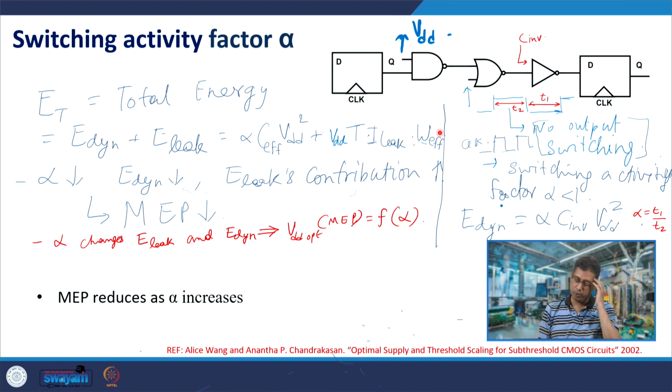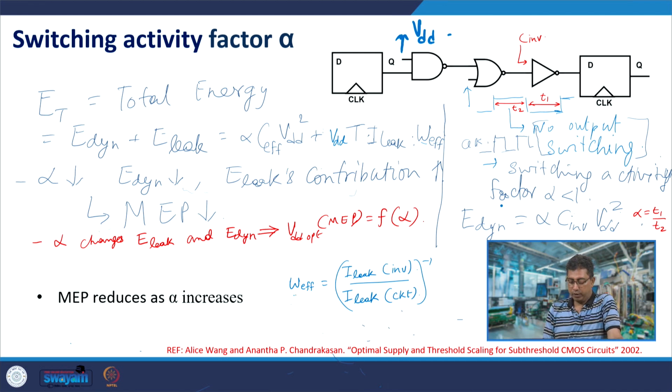Then what we would do is that suppose the leakage current of the inverter has a certain value, and suppose the leakage current of the entire circuit has this value, then what is the value of W effective? Then this is the inverse of this. So what we mean to say is that for the inverter this is the average leakage current, and suppose the inverter had a size, instead of W, some W effective times W. So, W effective times W, then you would have leakage which is equal to that of this I leakage